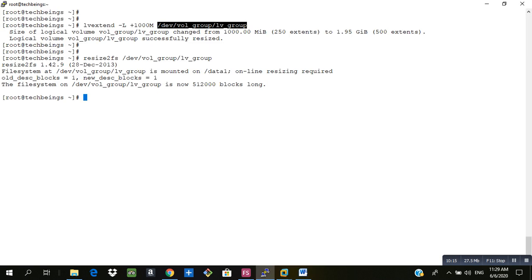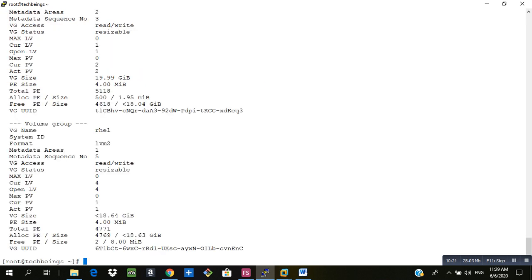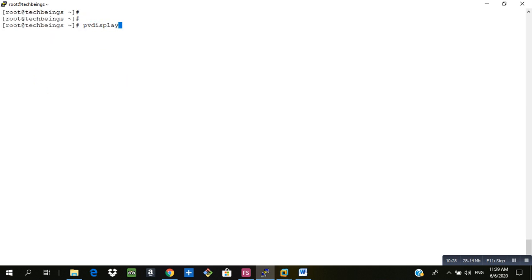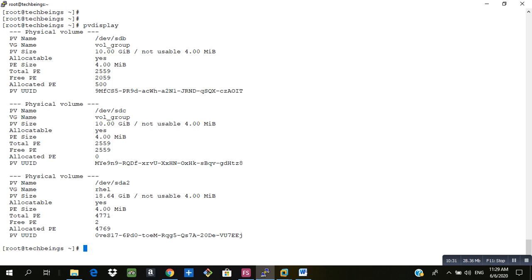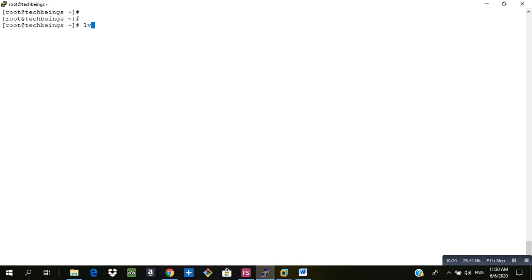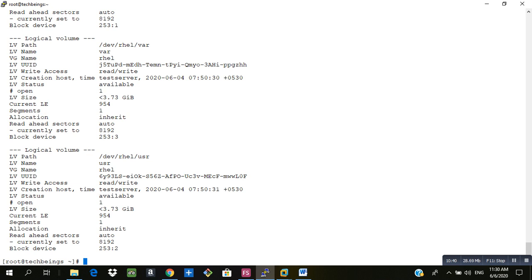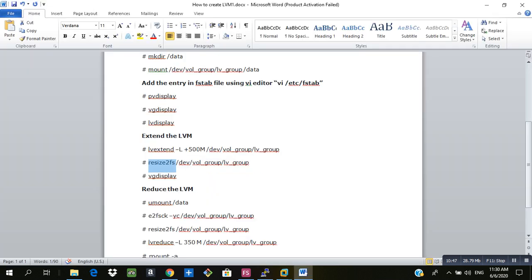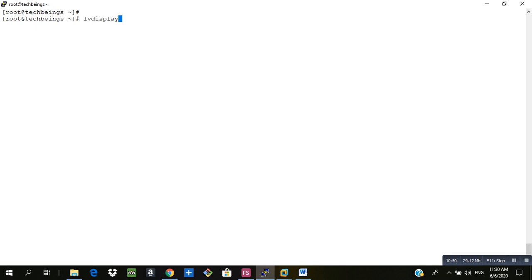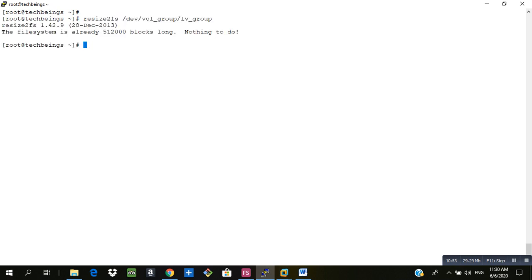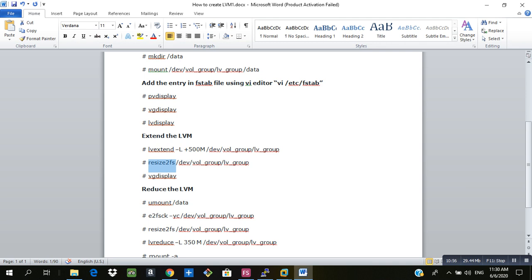Now we will see the volume group size. Okay, the volume group size is similar, so let's check the physical volume and the logical volume size. Resize2fs, give me a minute.